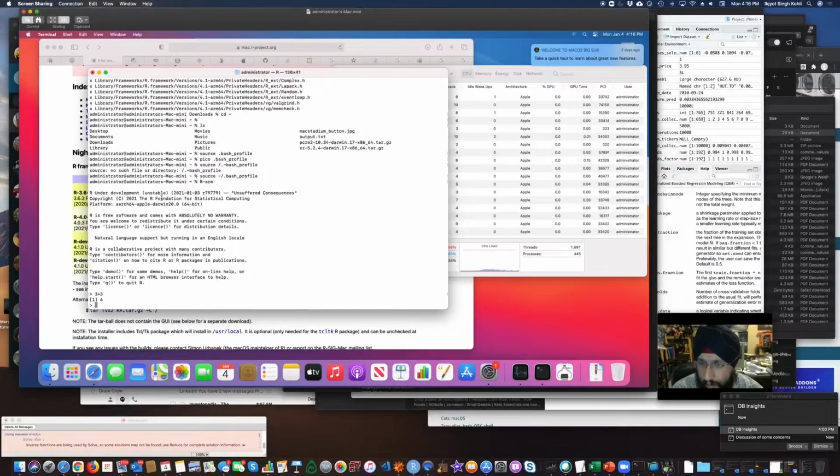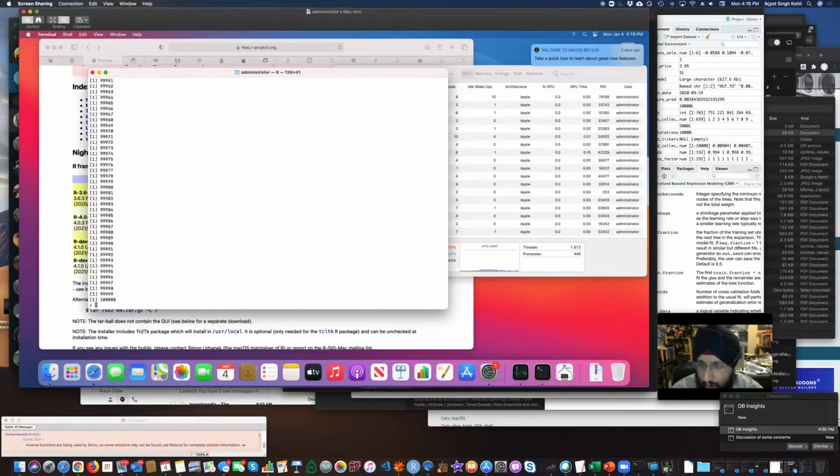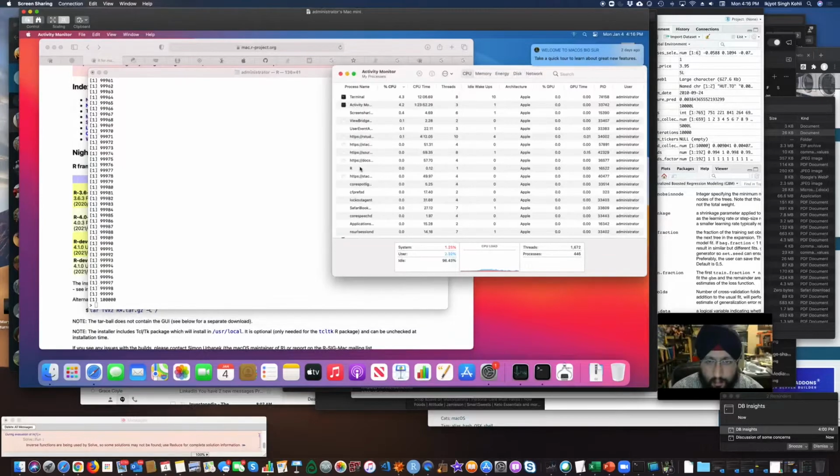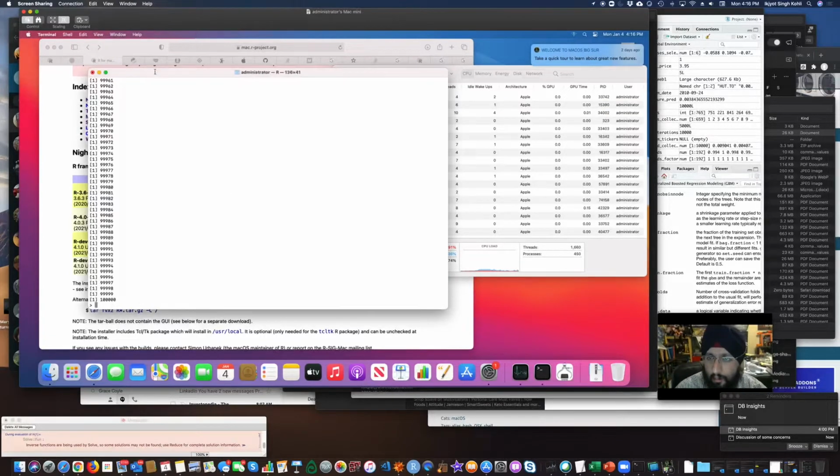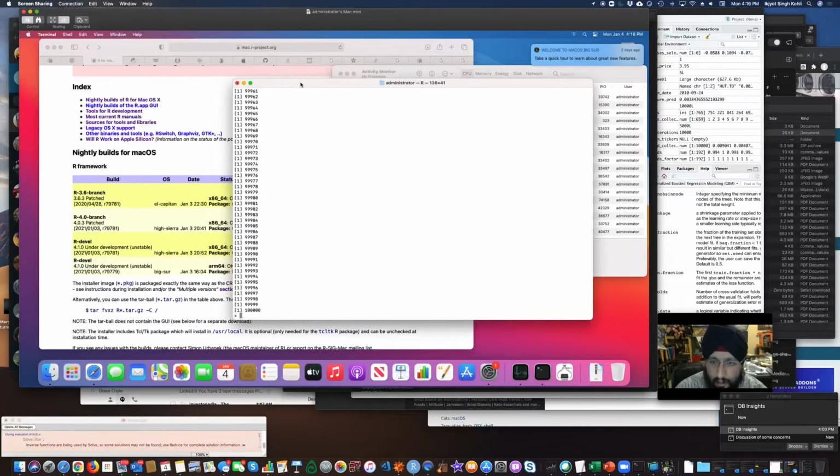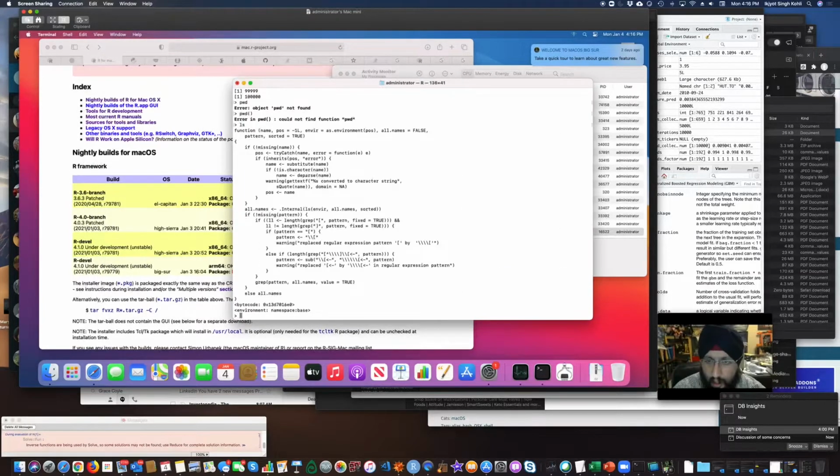So let's just print a giant loop, something like that, and then I can just print I, and it's printing, and you can see that it's our process here, and it's the Apple architecture. So it's great. Now it's not running on Rosetta. It's fully within the Apple architecture. So that's really great. It's running all within